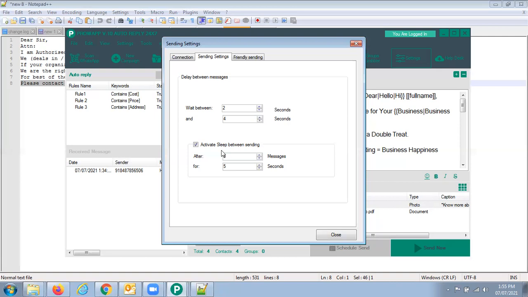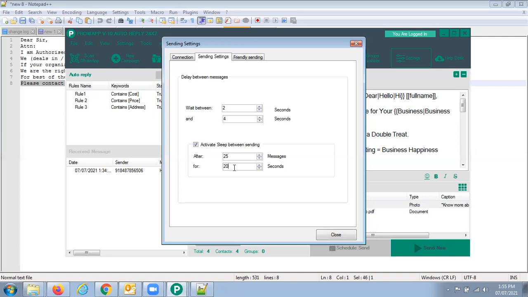So what we do is plan that my WhatsApp will stop sending after 25 messages or 20 messages, for 20 seconds, 40 seconds, 25 seconds. Here I'm keeping it at 3 messages for 5 seconds just for the demo. Otherwise, I can keep it this way: after 25 messages, it will stop for 20 seconds.